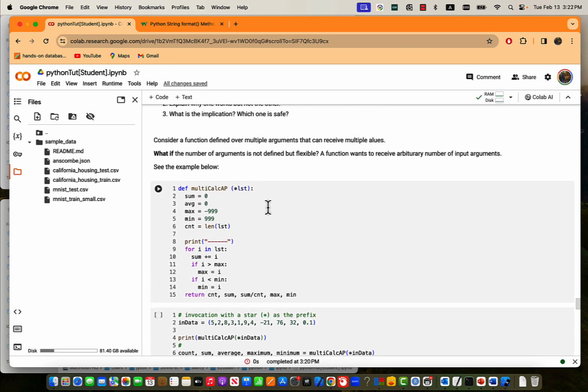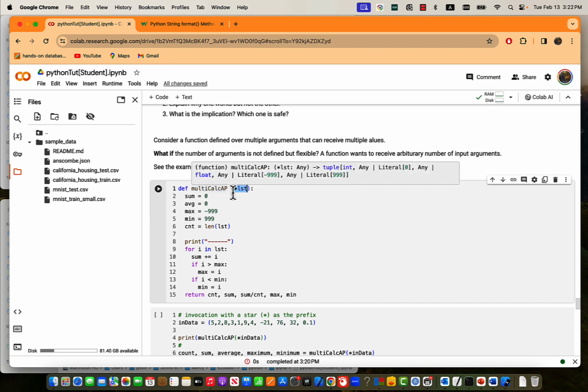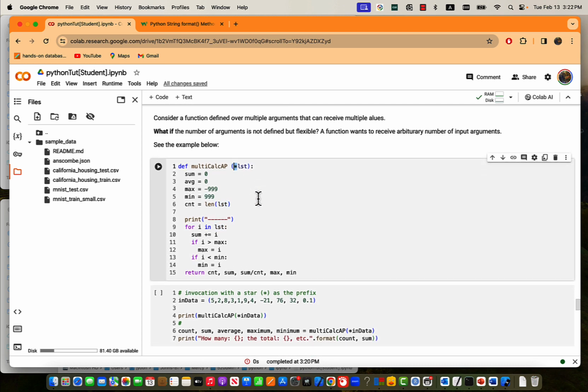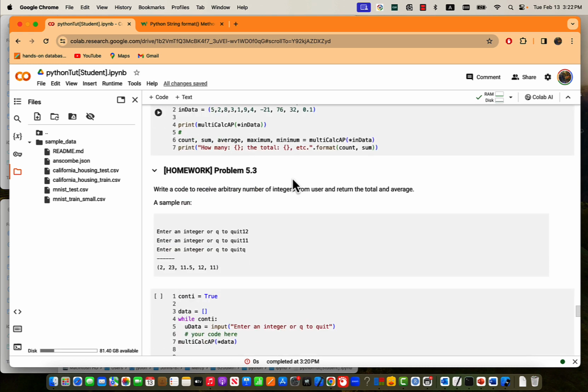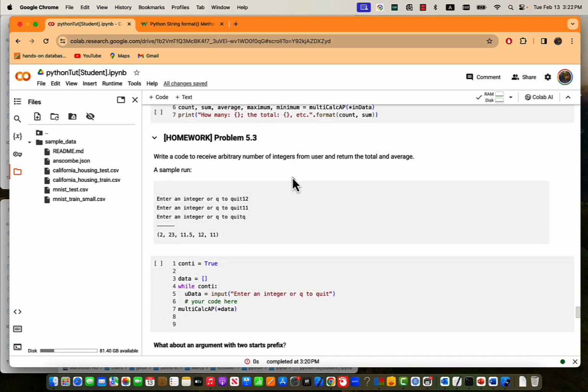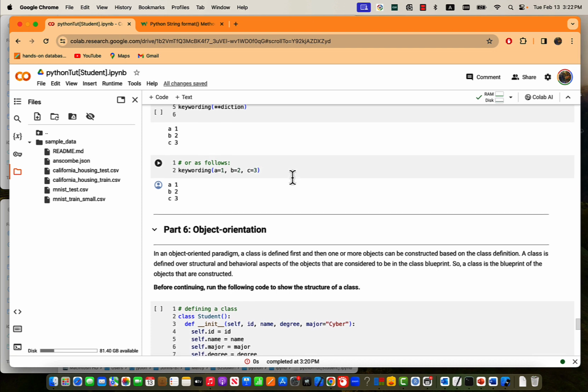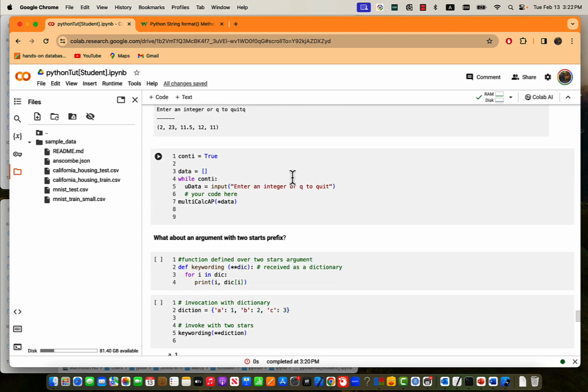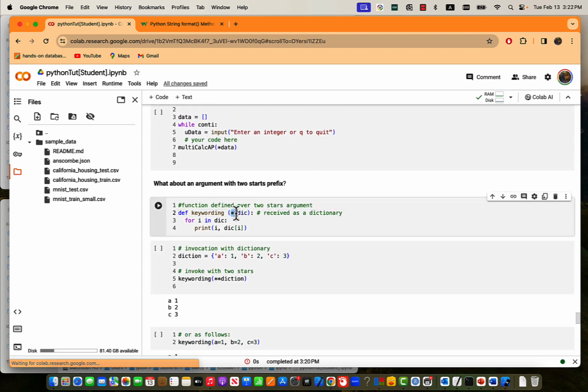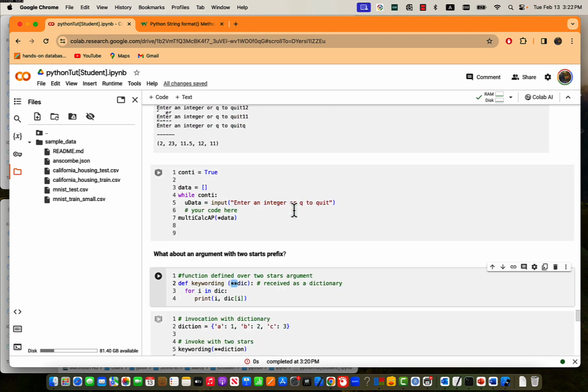So if you set the arguments to a function, you may see somewhere one asterisk, then that is an arbitrarily many number of arguments. I want you to take a look at that. And another way is the two stars, one star and two stars. What is the difference? So practice this